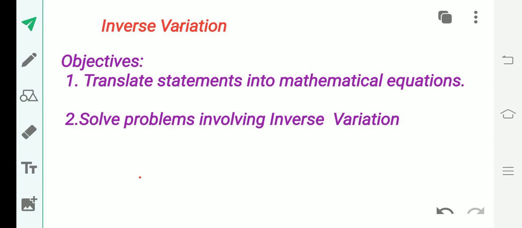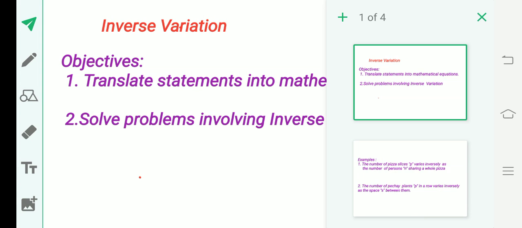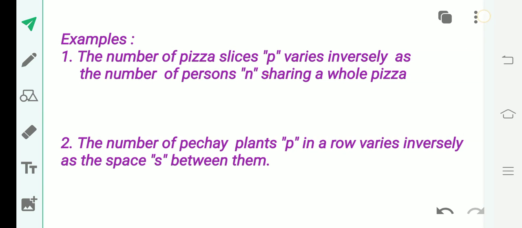Mayroon tayong dalawang objectives. Una, we're going to translate statements into mathematical equations, of course, involving this inverse variation and solve problems involving inverse variation. And to start with, subukan natin tong mga sumusunod na examples. Okay? So, una,